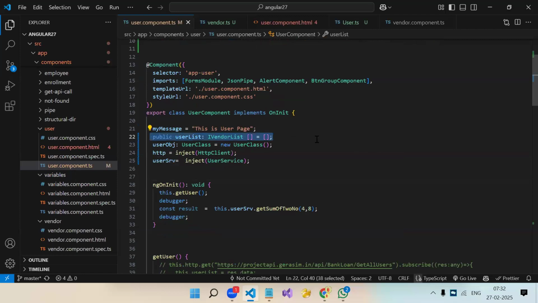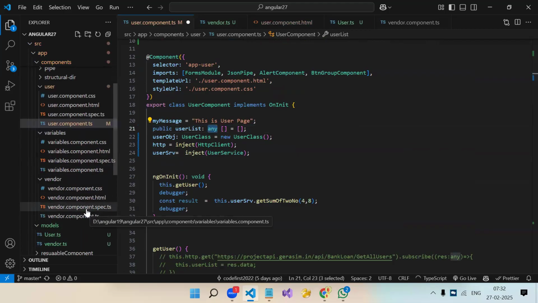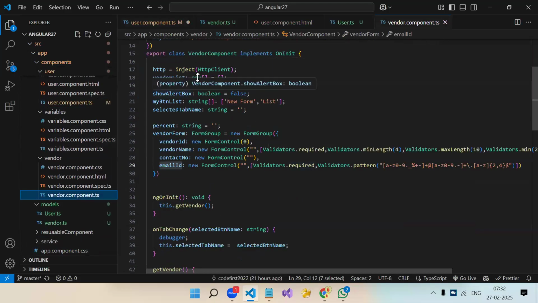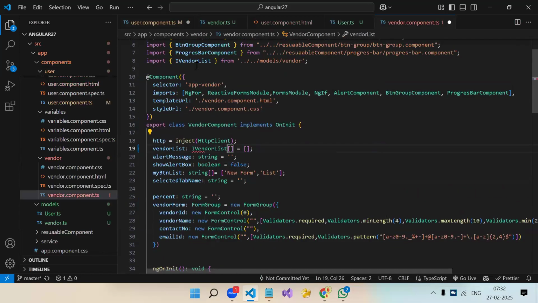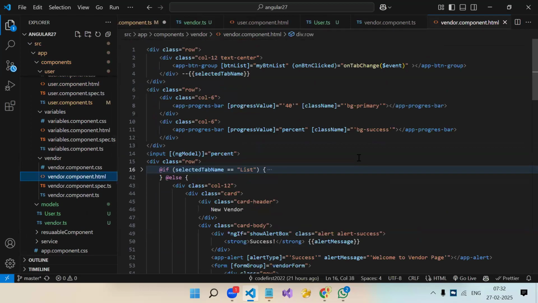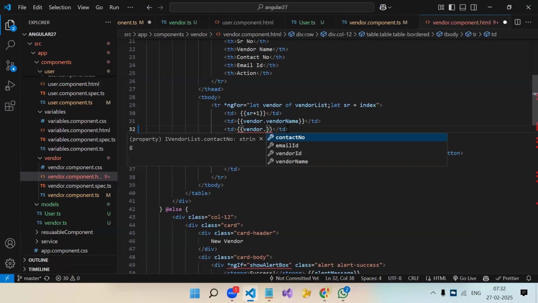Now the benefit of it is providing a data type to the vendor variable. Once I select it, the import will be automatically added. So the benefit of it is that in your for loop, you get IntelliSense for all the properties, because you strongly typed that.